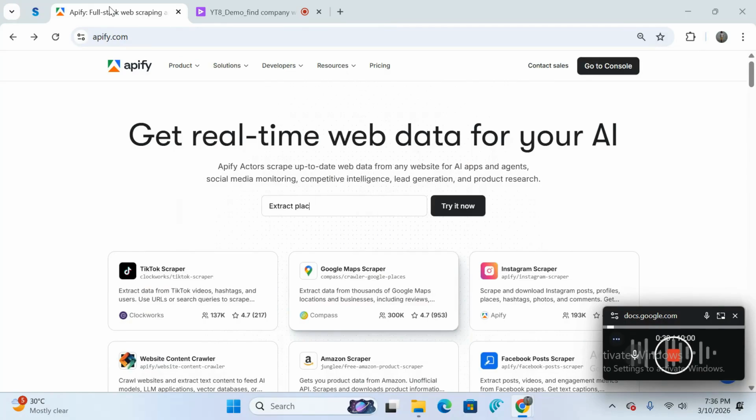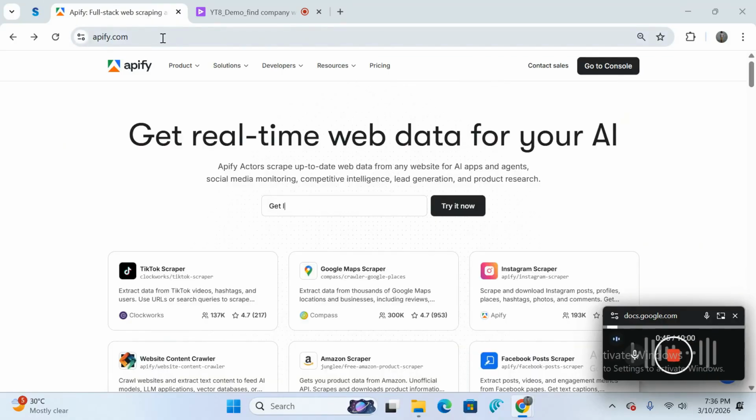So here's the thing, our objective is to find an actor which will help me find websites if I have the name of, say, the educational institute or the company name or the organization name. This is our basic task.